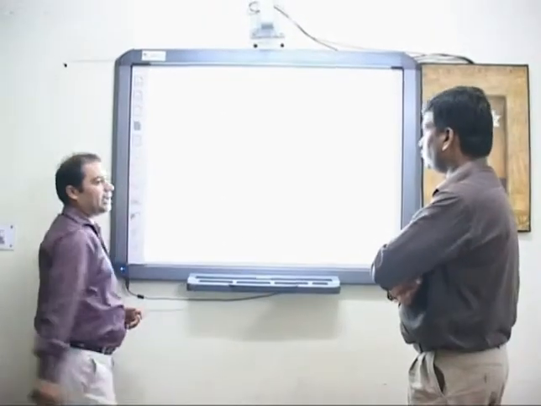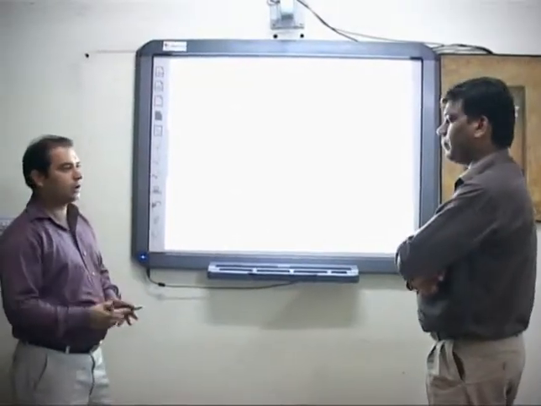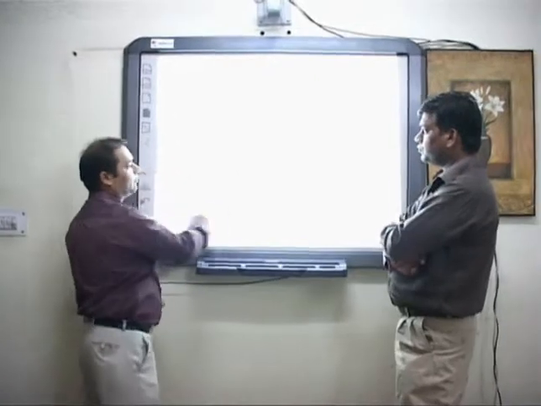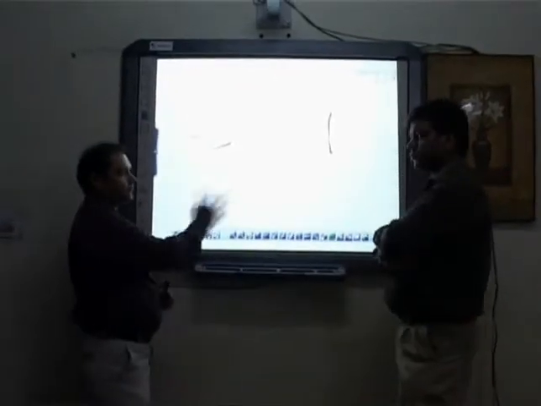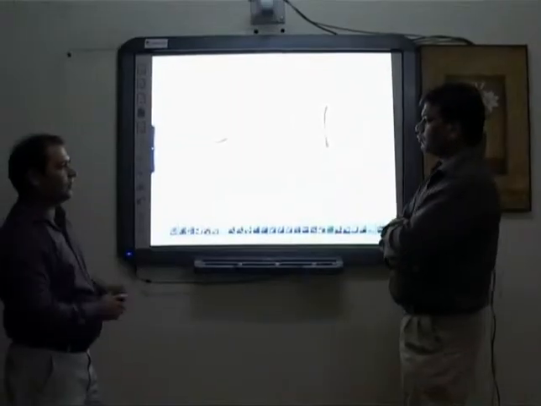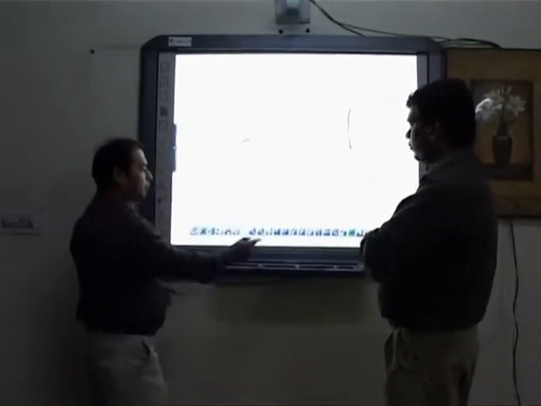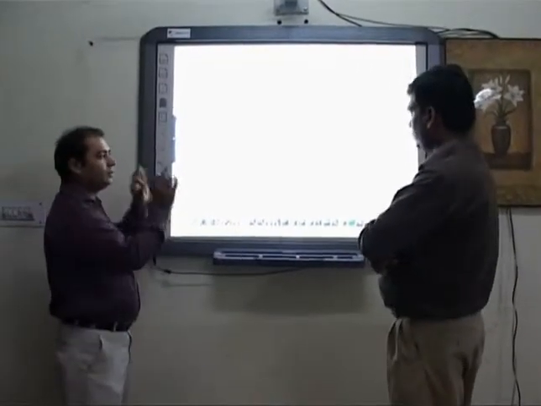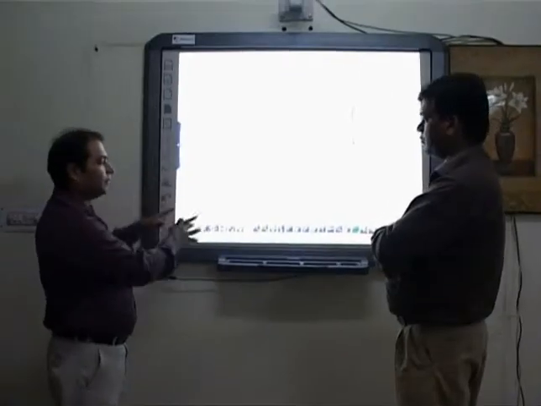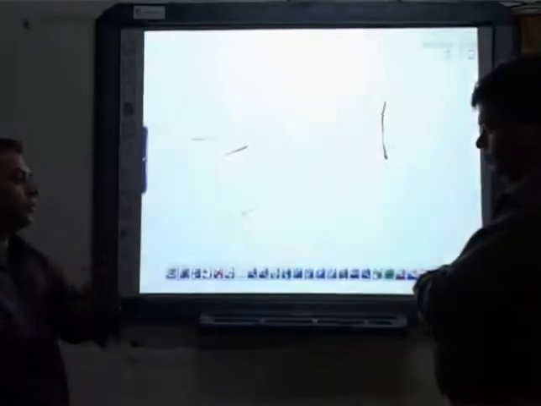See, in school generally we are using a blackboard or a whiteboard. There is a chalk or a marker. The teacher uses that for writing. If your sheet is complete, then it must be rubbed for the next sheet. But in this interactive mode, this board is connected to a PC with a USB cable, and everything will be stored in your PC. Whatever work we do here is automatically stored in your PC.